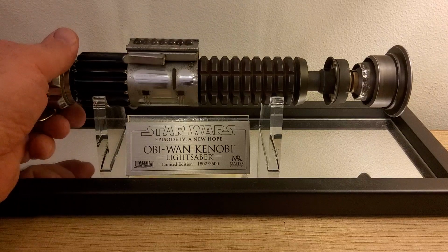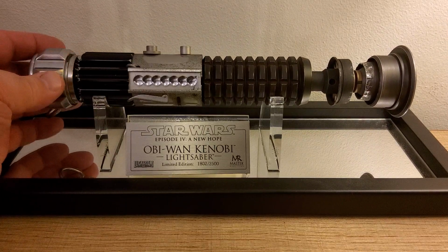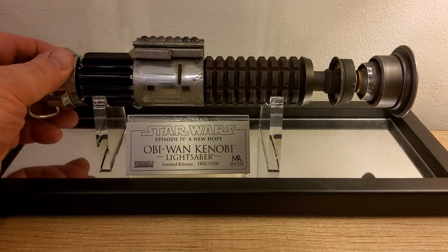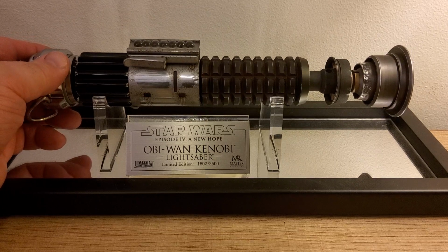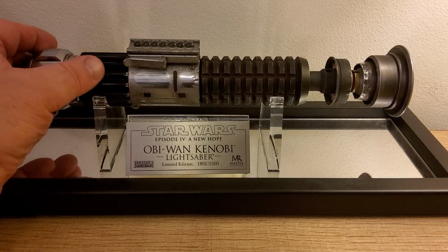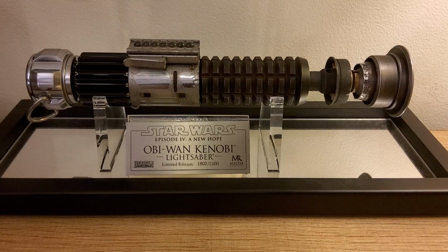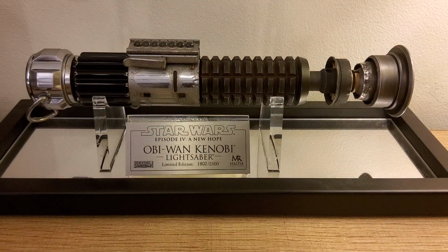And if you ever get a chance to pick one up, I don't know what they're going for. I haven't looked for them. If anybody's selling them, I would. And if you're a fan of lightsabers and you don't have this one, absolutely get it, just from the physical design aspect, the physical build aspect, I should say. If you don't find this one, get the As First Built By, which is still the Episode 4 design